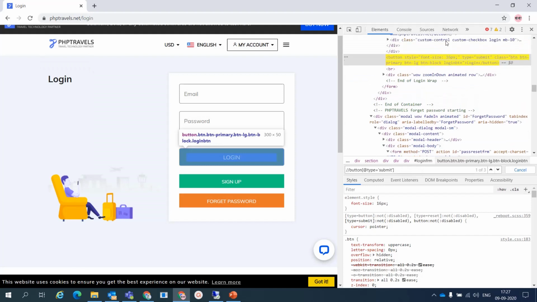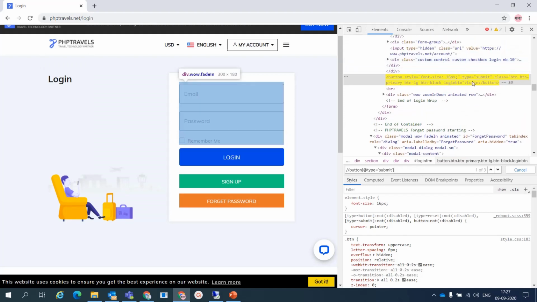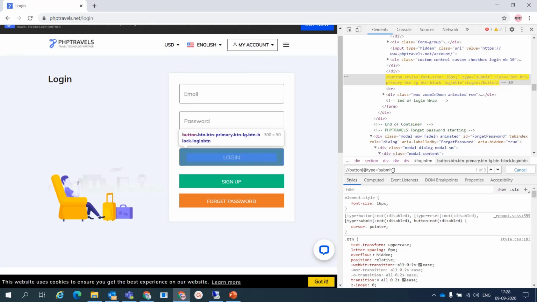So what is unique in the login button? It has the text login. Okay, so we can use and, text is equal to login. You know logical and or, meaning if these two conditions are true, then it is going to give us the exact XPath.